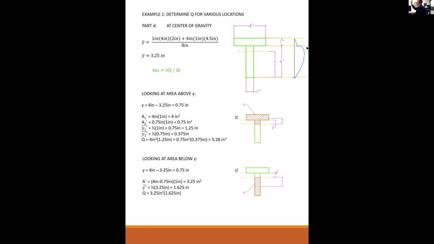So I guess given a constant width, then tau is maximum at the center of gravity because Q is maximum at the center of gravity. But yeah, you could have some very strange